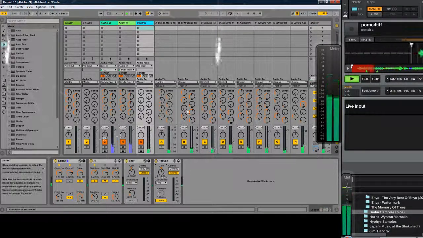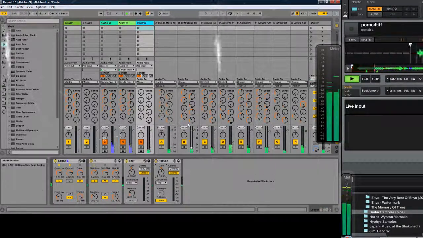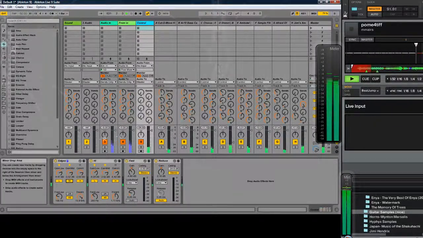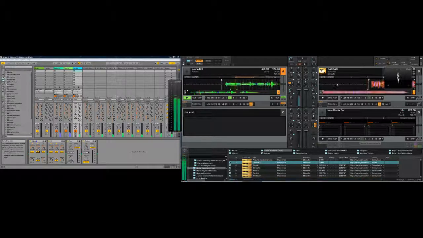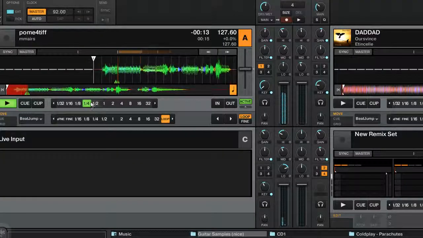And you know, that's all kind of good and dandy, but the main thing is having Traktor linked up to FL Studio and able to put beat grids and get the tempo how you want it, and then quickly being able to